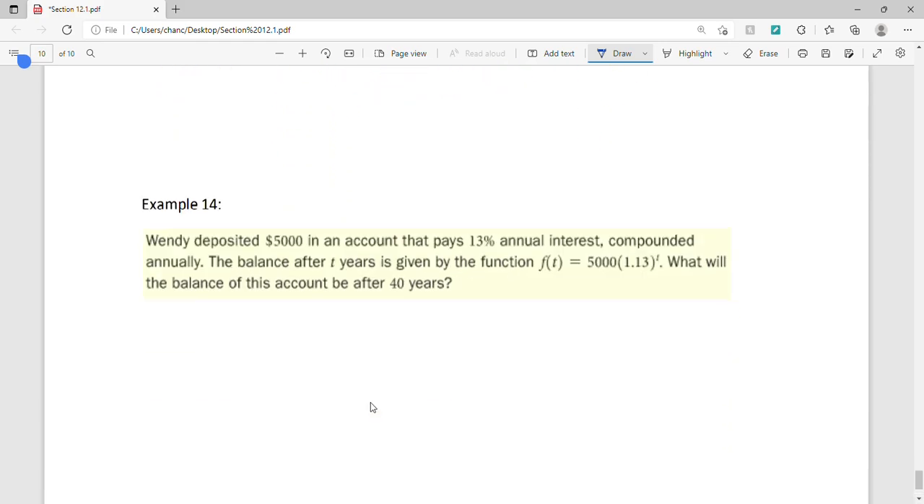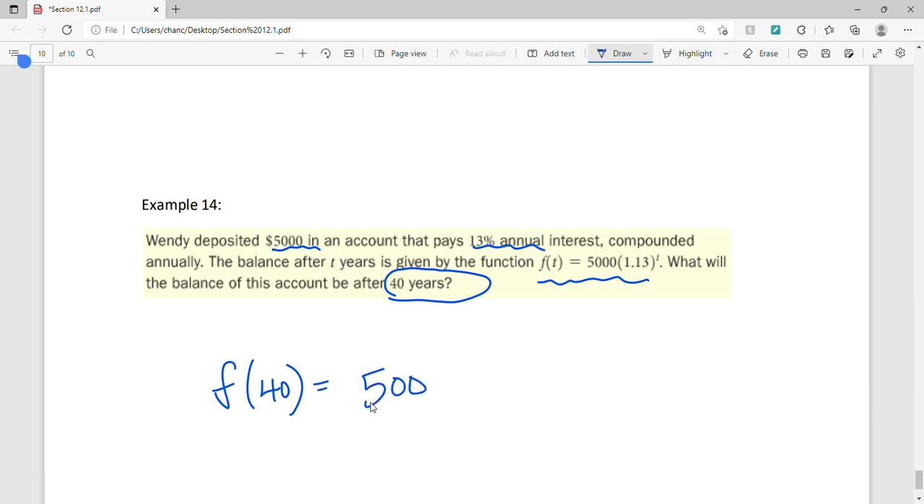Example 14. Wendy deposited $5,000 in an account that pays an incredible 13% annual interest, compounded annually. The balance after t years is given by the function f of t equals 5,000 times 1.13 raised to the t. What will the balance be after 40 years? For this question, we'll look at f of 40. We'll substitute that 40 into the equation for the t, which is the time. And we'll simplify this